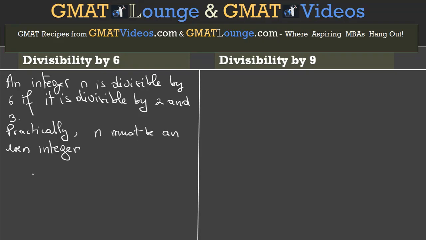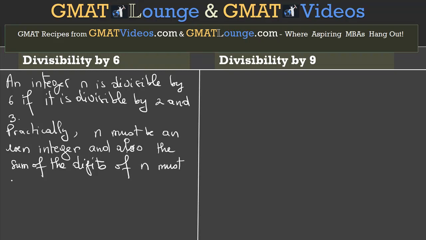That's definitely important. It is actually necessary, and also, since it's divisible by 3, the sum of the digits of n must be a multiple of 3. For example,